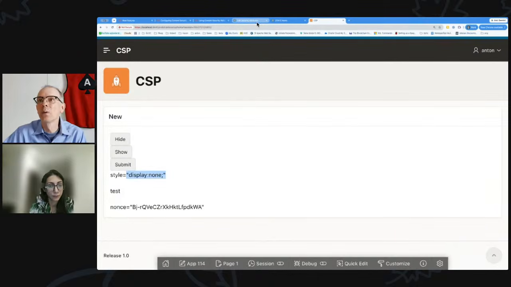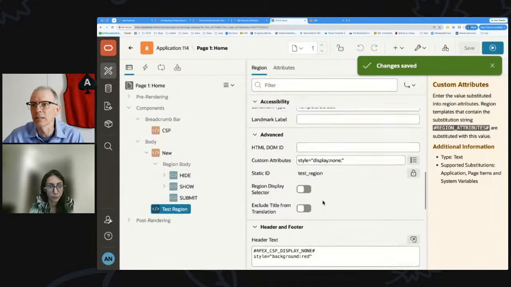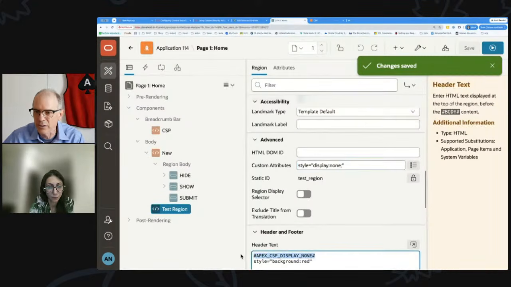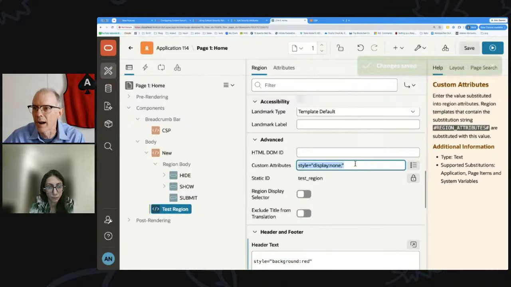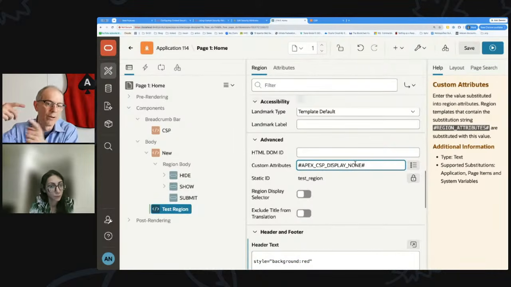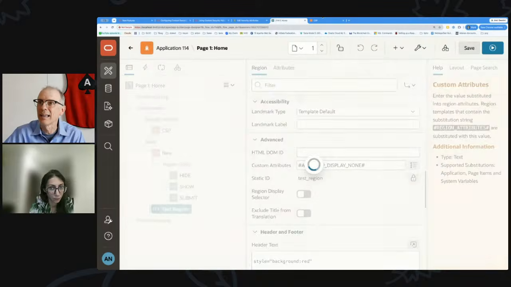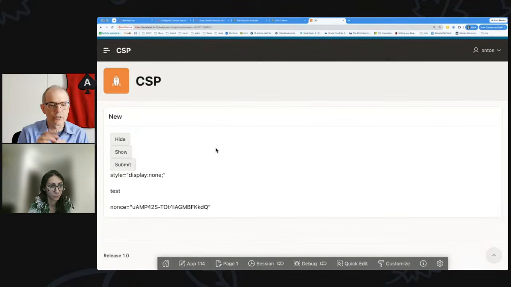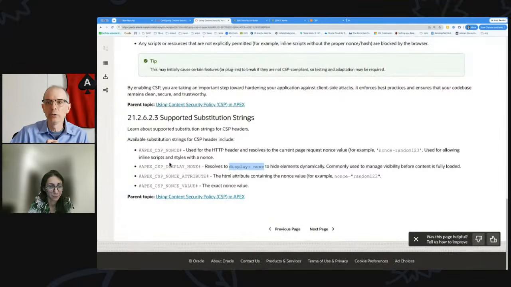So what I can do though, is use that, and I think this is actually a good idea. Instead of typing this in here, I can use this right here and put it there. Combined with the content security policy with the hash, if I do that and save it, that will work. I think it's a good idea to use a substitution string like this so that you're sure,